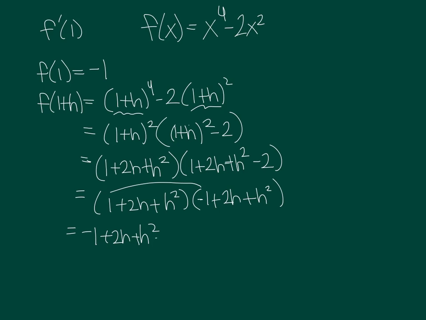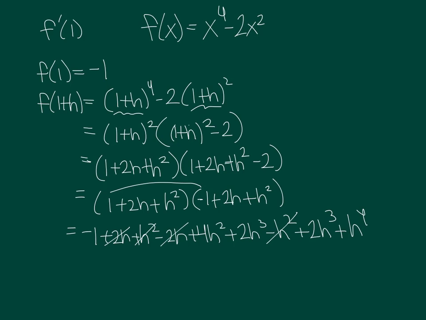2h times everything: minus 2h plus 4h^2 plus 2h^3. Woohoo! Having a party yet? And then minus h^2 plus 2h^3 plus h^4. Wow, don't make a mistake on this. Now let's combine any like terms, or better yet, let's see if anything reduces out. My h^2 and my negative h^2, my 2h and my negative 2h,